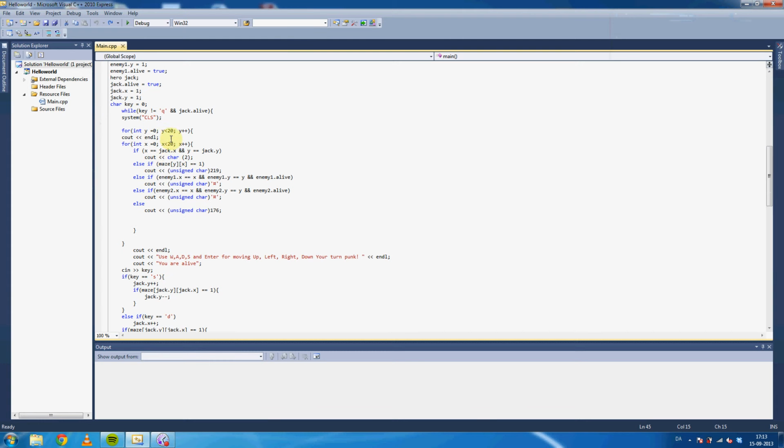First I'm setting the y value to 0, then I'm asking if y is smaller than 20. If y is smaller than 20, run down here. And here I have an integer called x, and I'm asking if x is smaller than 20, and if x is smaller than 20, run this if statement. And this if statement checks if x is equal to Jack's x, which is up here, and y is equal to Jack's y, which is up here, and if this is true, cout char 2,